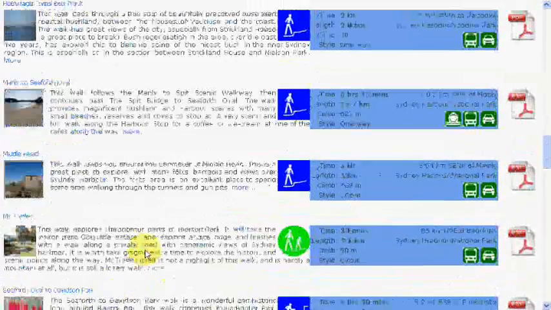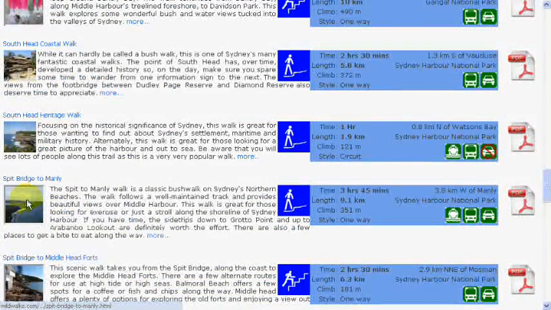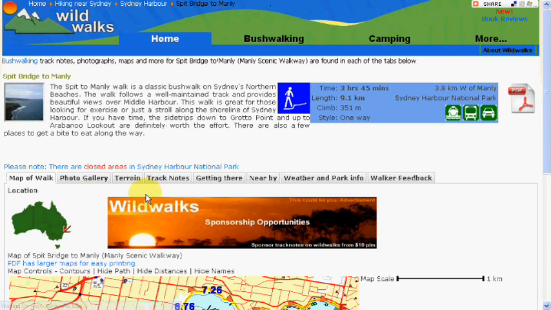So let's go through and find a walk that you may or may not be familiar with, but a fairly well-known walk in Sydney, which is the Spit Bridge to Manly that we've documented. So far we've documented just over 800 walks in the Greater Sydney region. Okay, so looking in here,